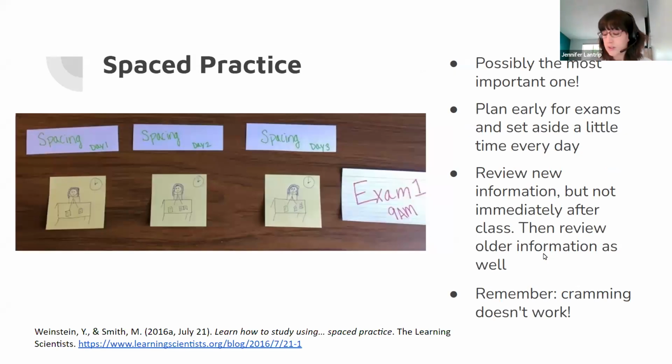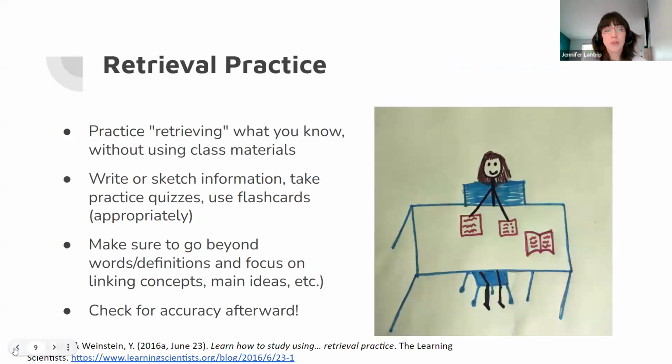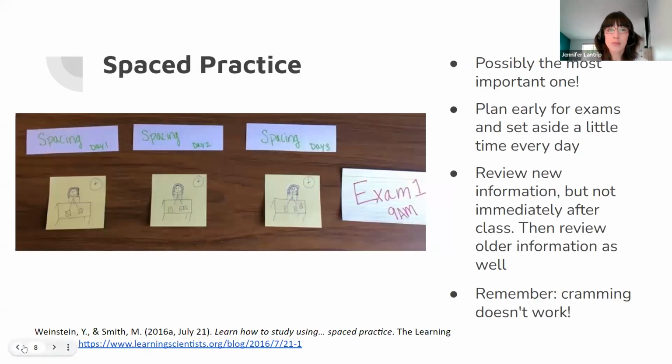material. So if you get just two things out of these slides, I want you to remember spaced practice and retrieval practice. So spaced and retrieval. These are two really fantastic study strategies that are evidence-based. So spaced practice is when you space out your studying with at least 1 day in between where you have